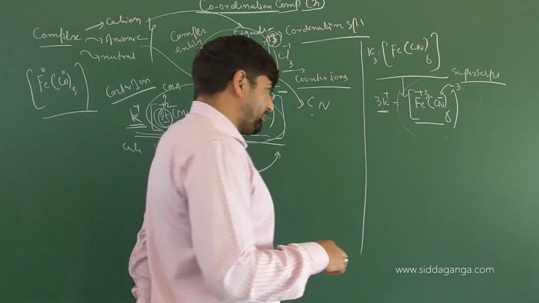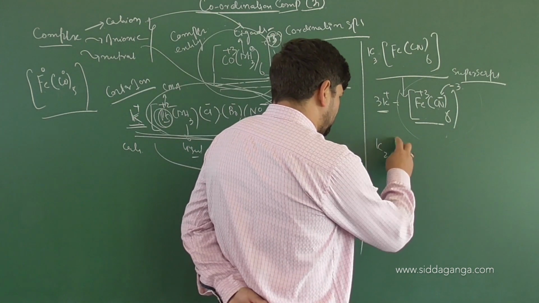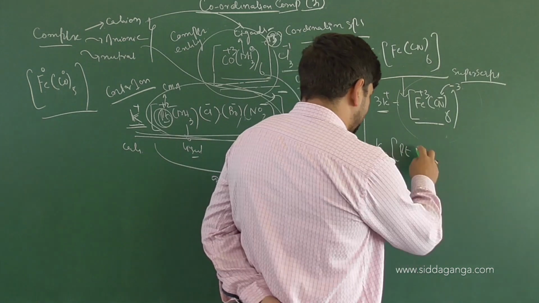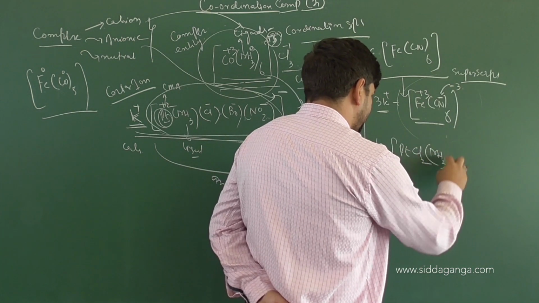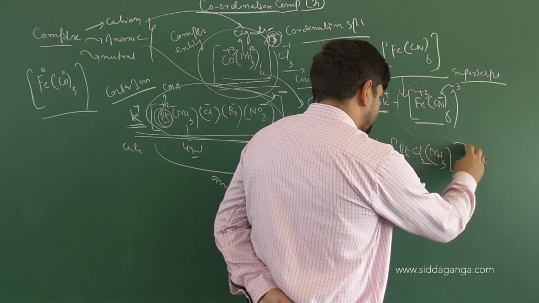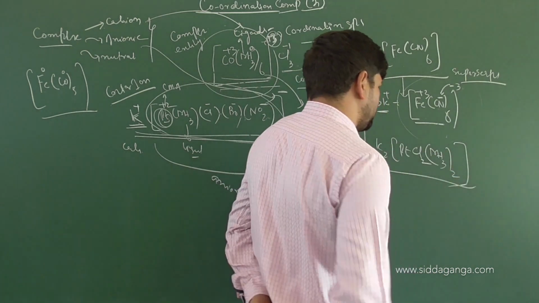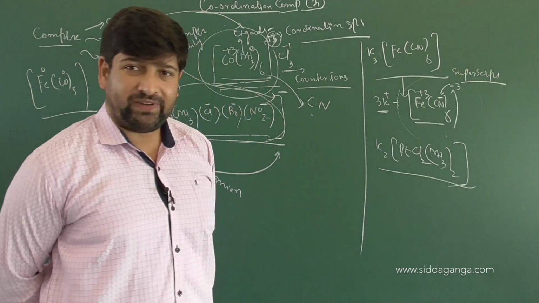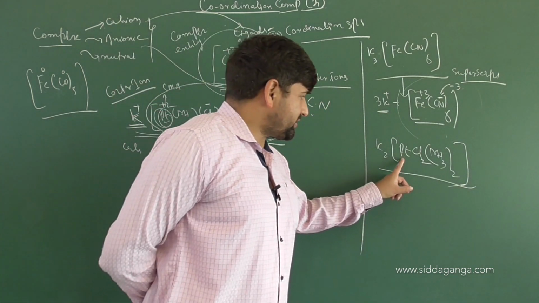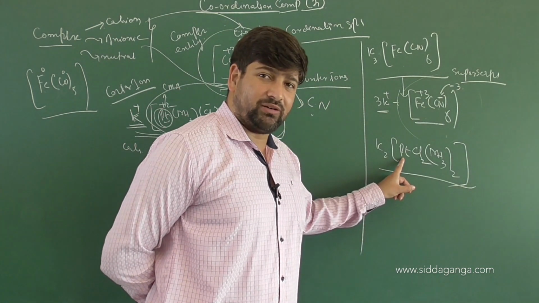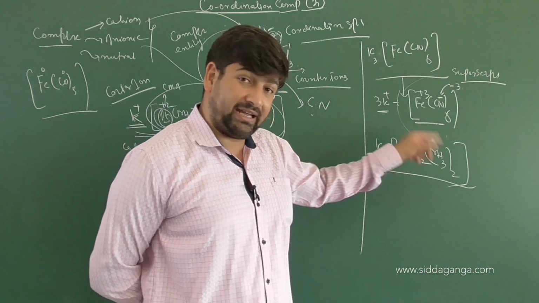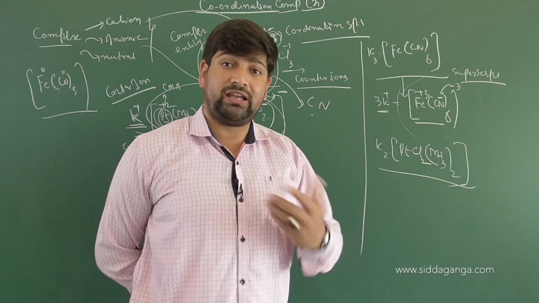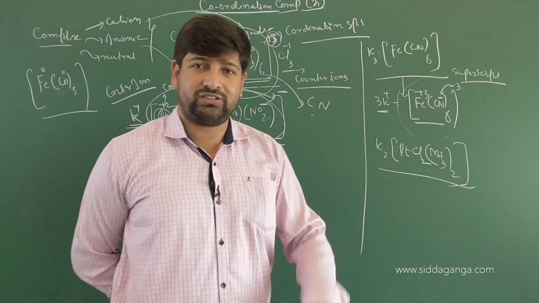Is it clear? Suppose we have a complex like this: K2[Pt(Cl)2(NH3)2]. This is the complex that is given to us. We have to find out what is the oxidation state of the central metal atom in the given complex. Because when we do IUPAC nomenclature, children, there also I will explain again in each example what we are naming, we will calculate the oxidation state as well.